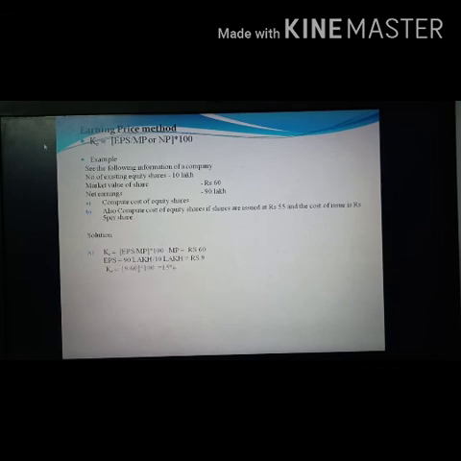Now we can just substitute the values, that is KE is equal to EPS, that is 9, divided by market price of the share, that is 60, into 100, which will give you the answer 15%. That means the cost of equity share is 15%. Now we can move on to the second part of the question. If the shares are issued at a discount of rupees 5 and the cost of issue is also there, 5 rupees per share. Remember, total number of shares is 10 lakh shares and 5 rupees per share is the cost of issue.